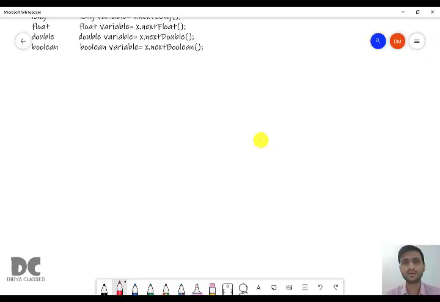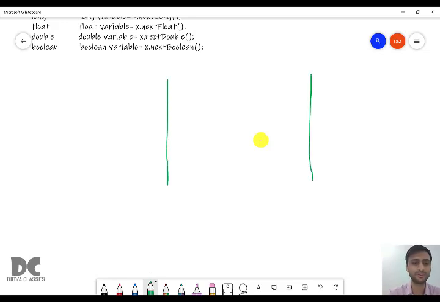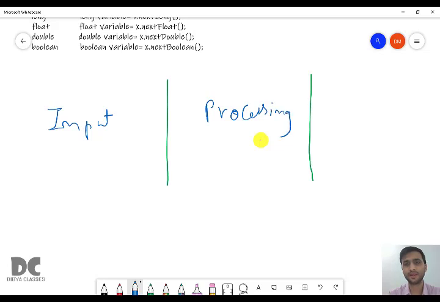So let us start. Always remember, every program will always have three parts, that is input, processing, and output.